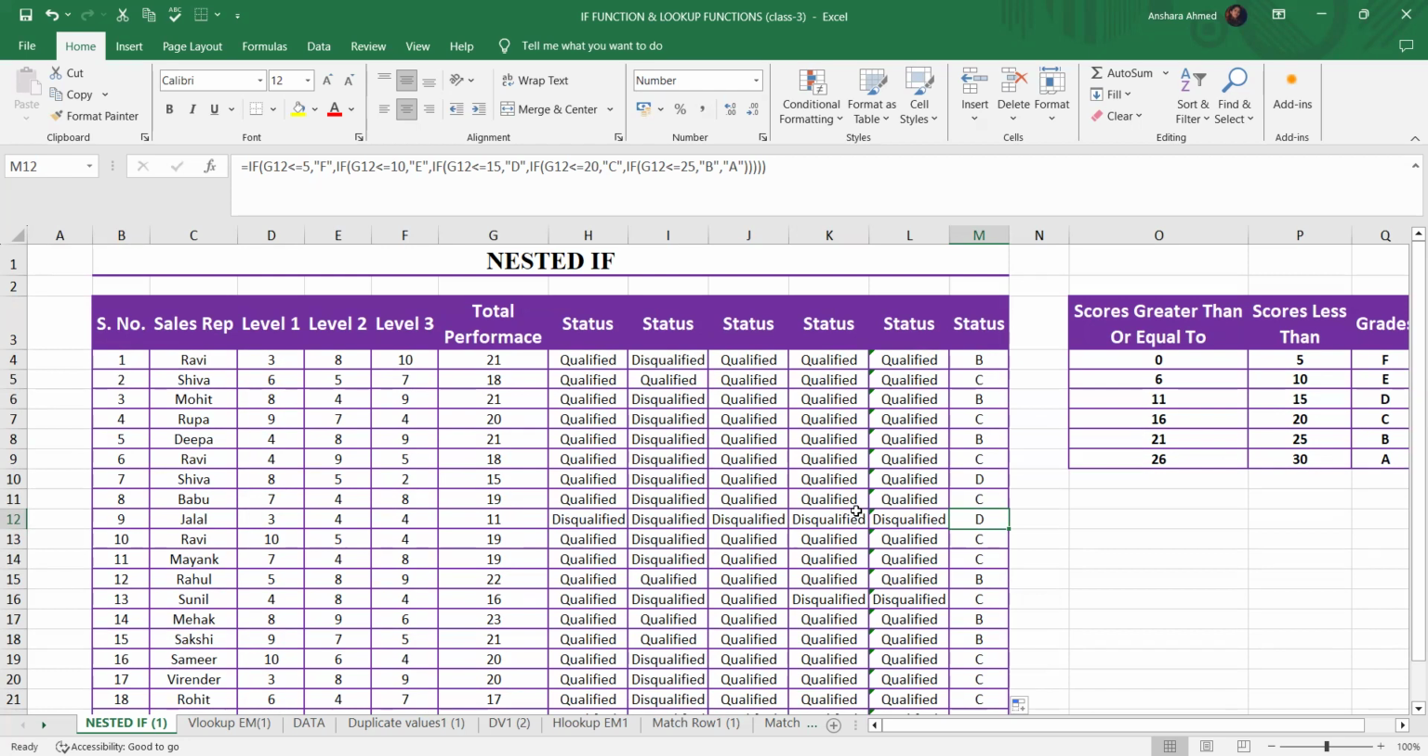According to the data and the condition given, you can apply if with and, if with or, and you can apply both in a nested if function. And through this grading system, you also learned how you can grade the employees, right? So now